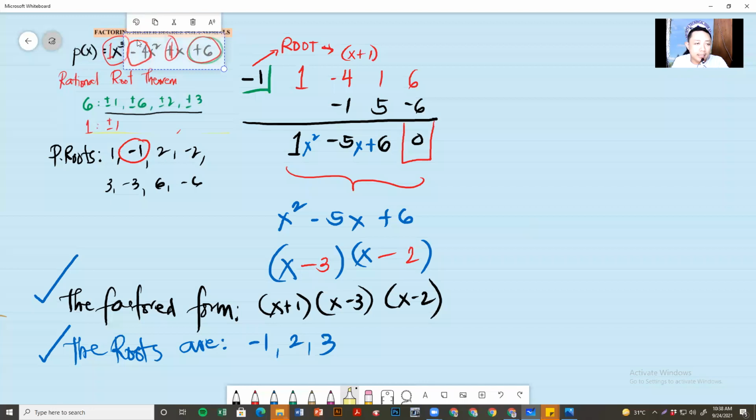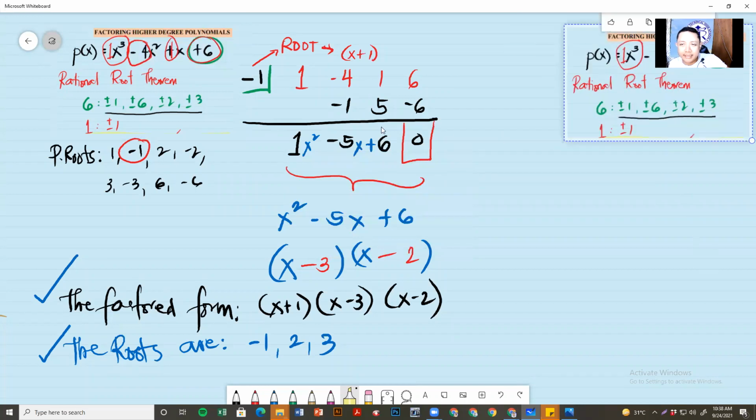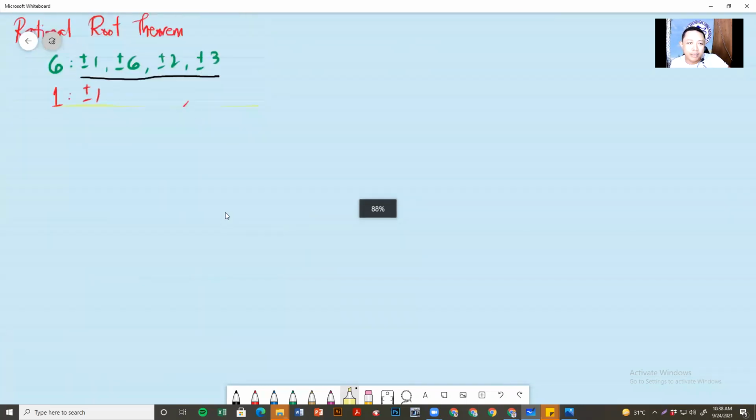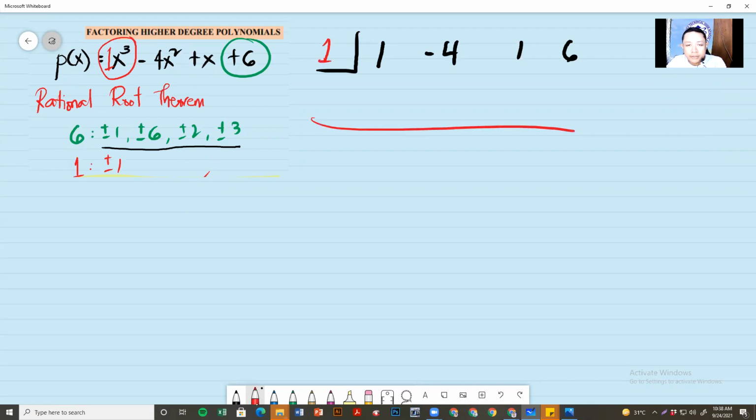Okay, let me get this again. Wait, I'll copy this. Beautiful question. Let's pretend nothing happened. We don't know yet that negative 1 is the first factor. But we want to use synthetic division. Let's do the same process. We all know the possible roots. So we have 1, negative 4, 1, 6. And let the first box be 1, because we don't know yet that negative 1 is the first root. Do the process. So we have here 1,